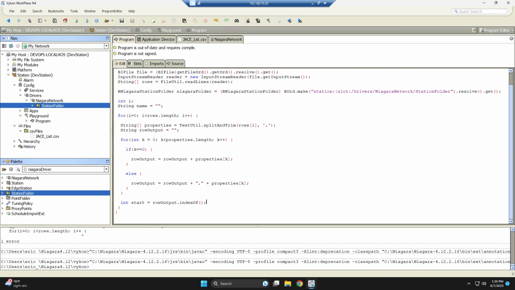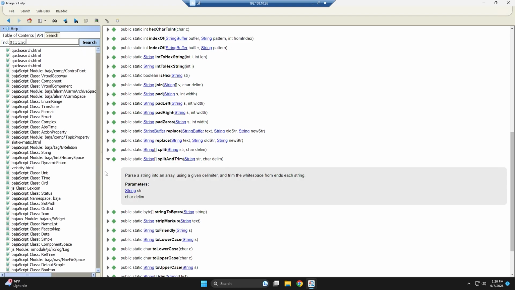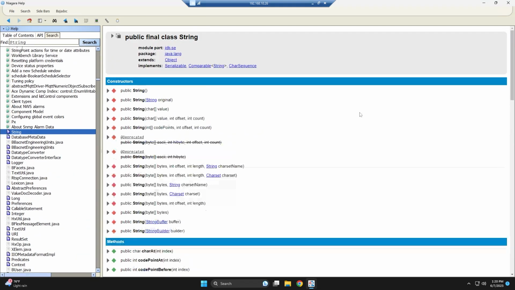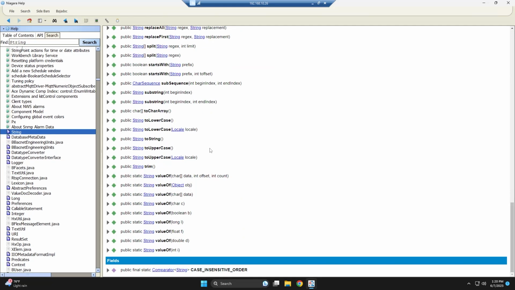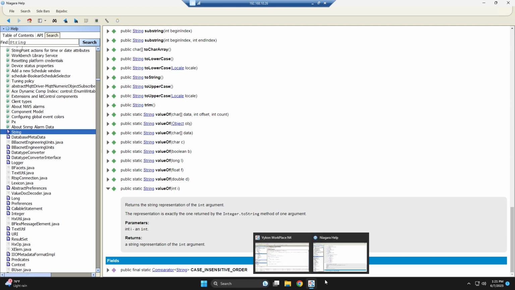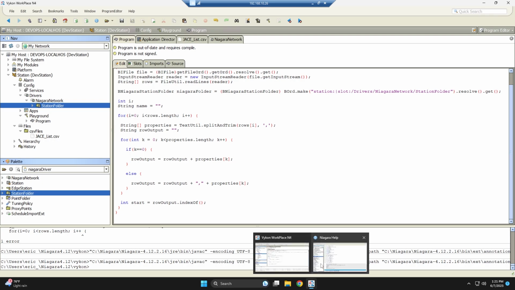So row output's a string. So if we go here and go find our string, string is a very, very useful class. It has tons of useful stuff we can do. So if we pass it an int, so we're doing row output index of. So what we're doing is we're trying to find where the comma is going to be in between our